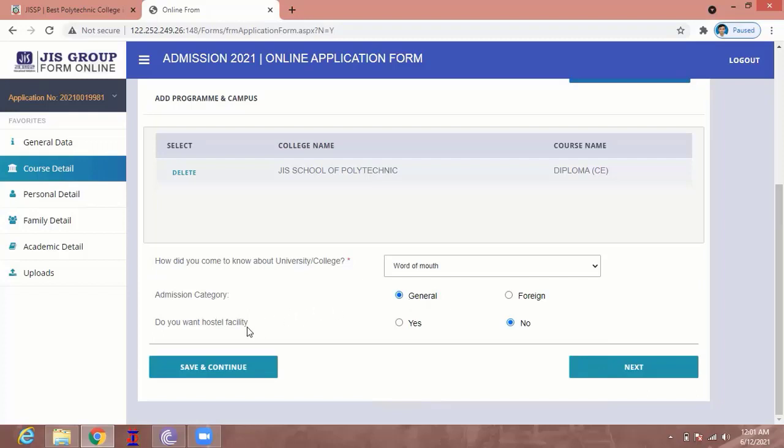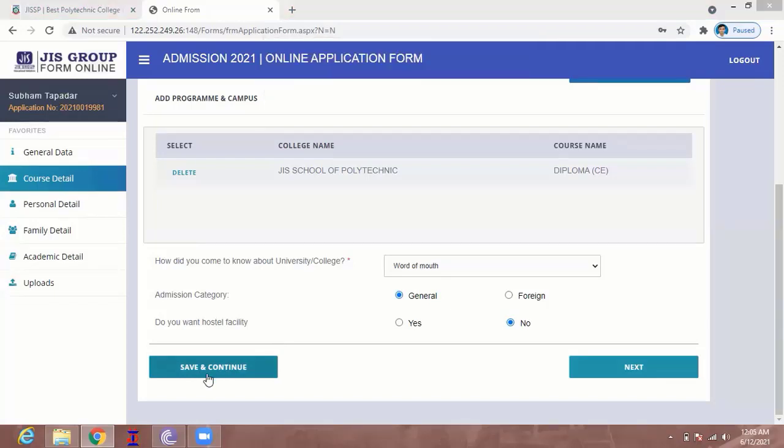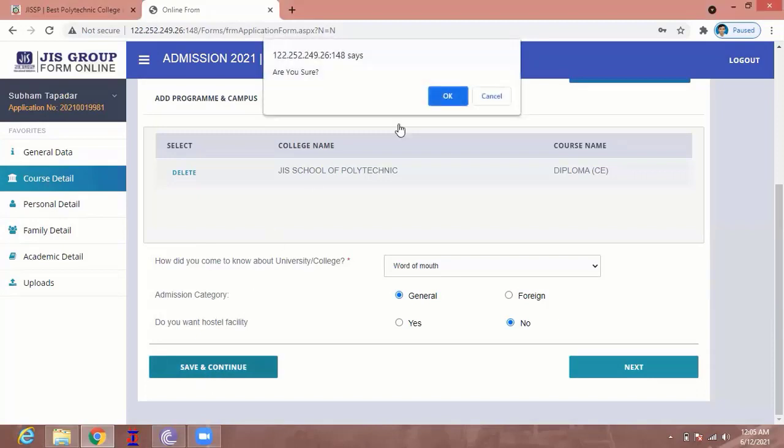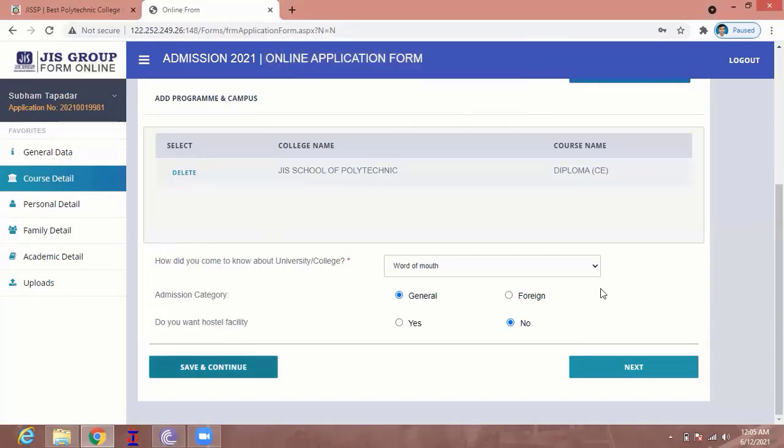If the hostel facility is not required, you should click on no. If the hostel facility is required, you have to click on yes. For example, my hostel facility is not required, so I am clicking on no. After that, I will click on the Save and Continue button. Then click on OK, and then click on the next button at the bottom right hand corner.